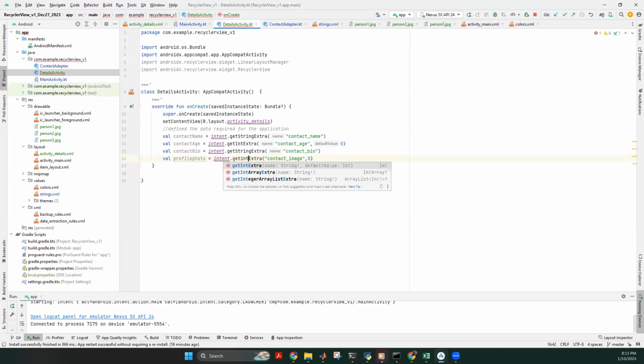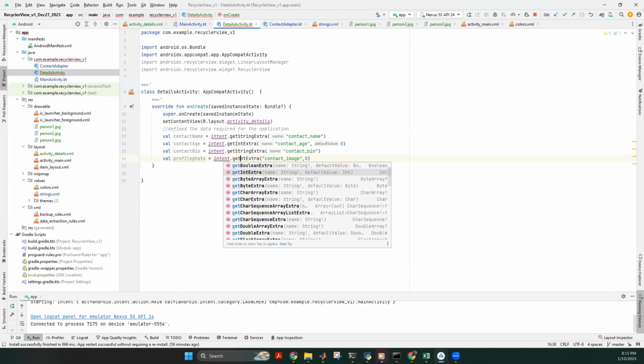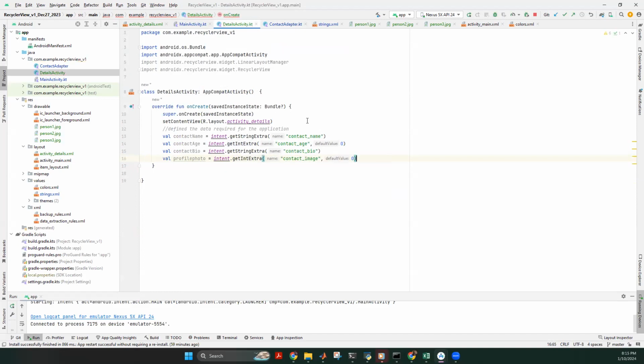In here, I have not correctly defined the command. So that is the case. There's going to be an error. So like this, I have defined the variables that I use to store the values that are coming from the intent. So the values are stored under each variable that corresponds to the name, age, bio, and the profile photo of the person. Now that I have stored the values in certain variables, the variables can be used to